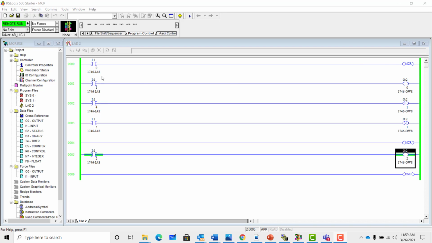So anything within the MCR is going to be controlled. Anything outside the MCR, like this last rung, will not be controlled by the MCR. As you can see right now, the last rung, if I lose my input, I lose my output, right? So